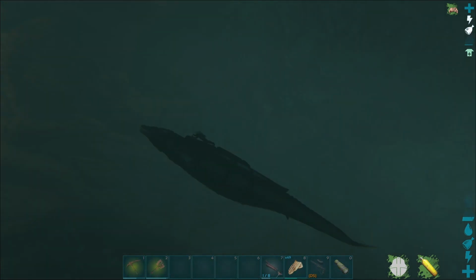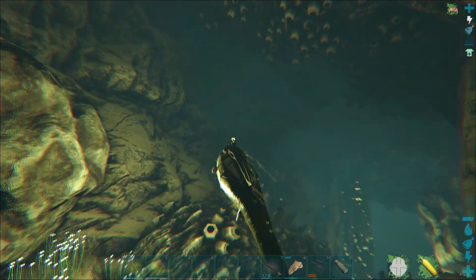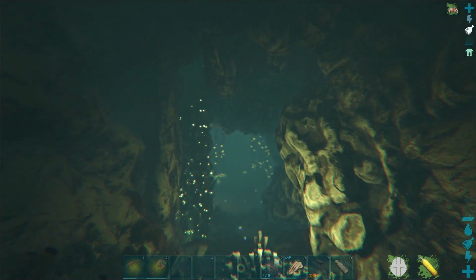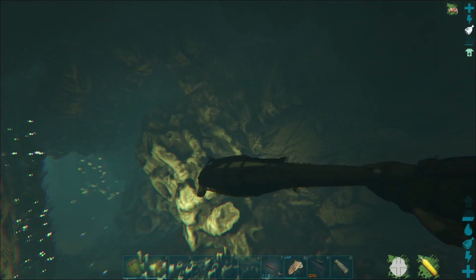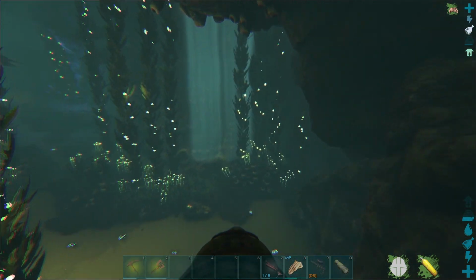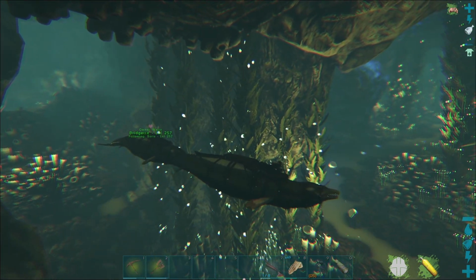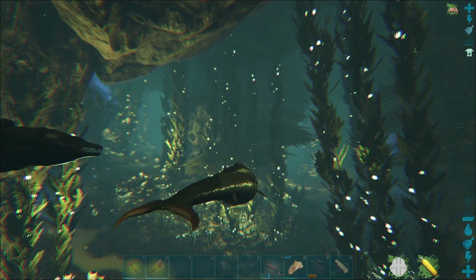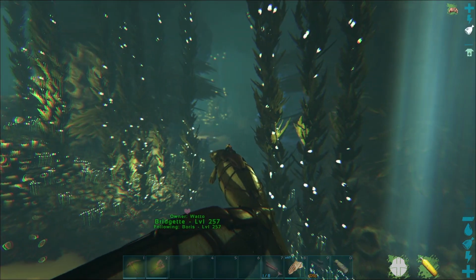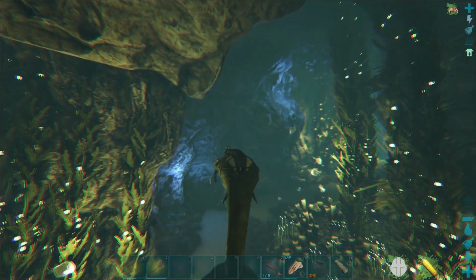And as I've said, the big advantage of using Basilos in caves is that A, they are insanely tanky. They have lots of health. As you can see, 35k. But B, as I said before, they are immune to the shocking effects of both the jellyfish and the electric eels. So we have our first split in the cave. I don't know this cave particularly well, but I think I usually go left here. So let's go ahead